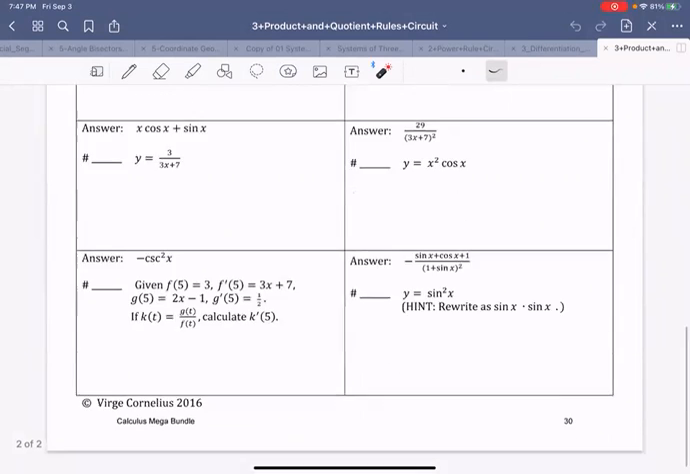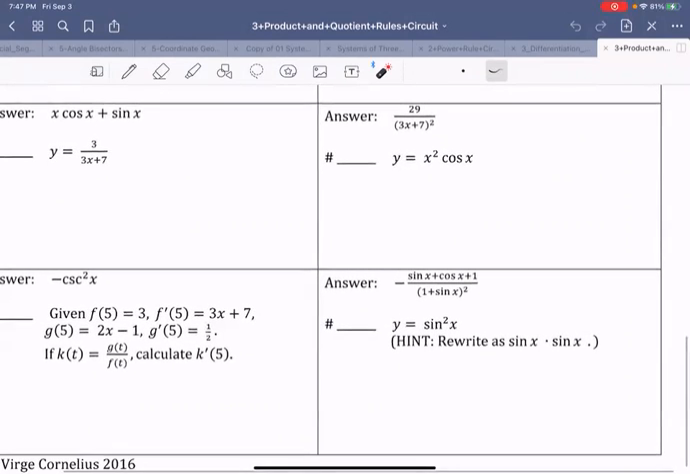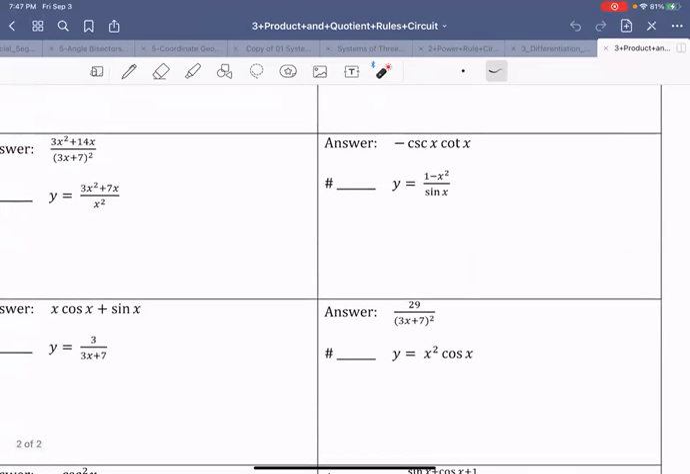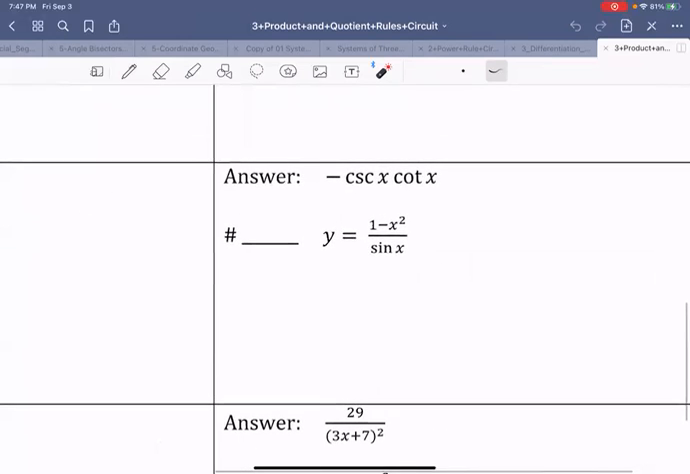Let's see. I don't think the question here is hard enough. Anyway, let's try this one. Emily, let's try this one. Go ahead. You use the quotient rule, right? Yes. Okay, so sine of x